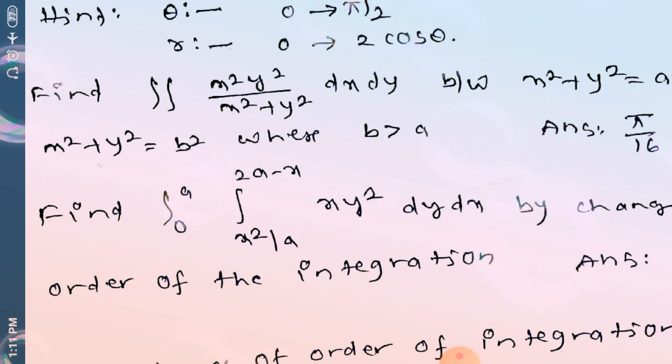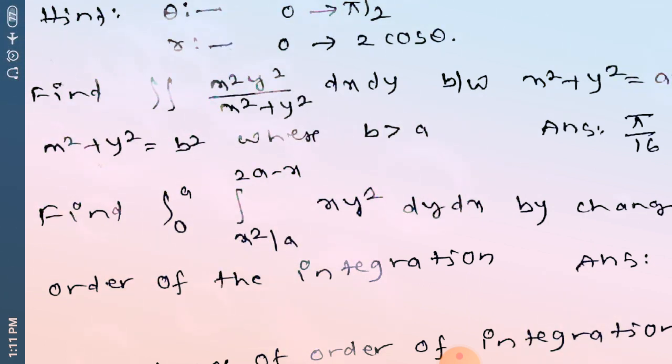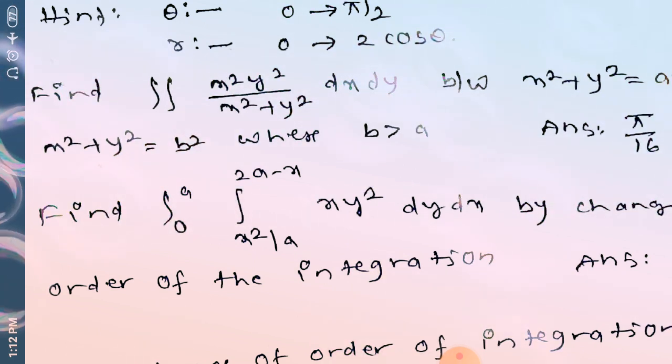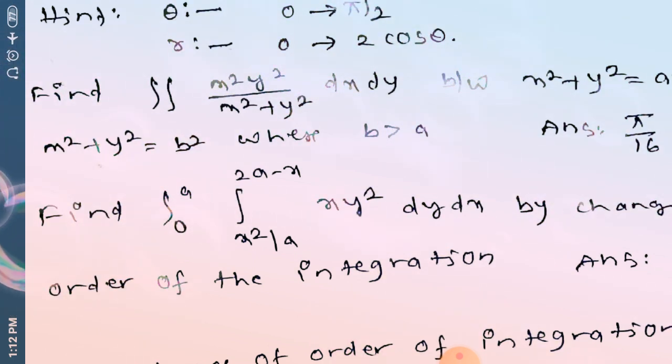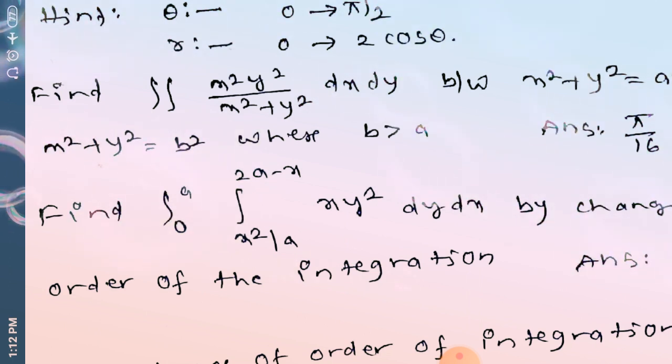You just identify that, so that you can get the limits. Y limits are 0 to a, and y limits are 0 to 2a, and x limits are 0 to 2a minus y. Is it right? So one is x limits 0 to a, and y limits 0 to, it is root ay, I think. And here one problem is there.